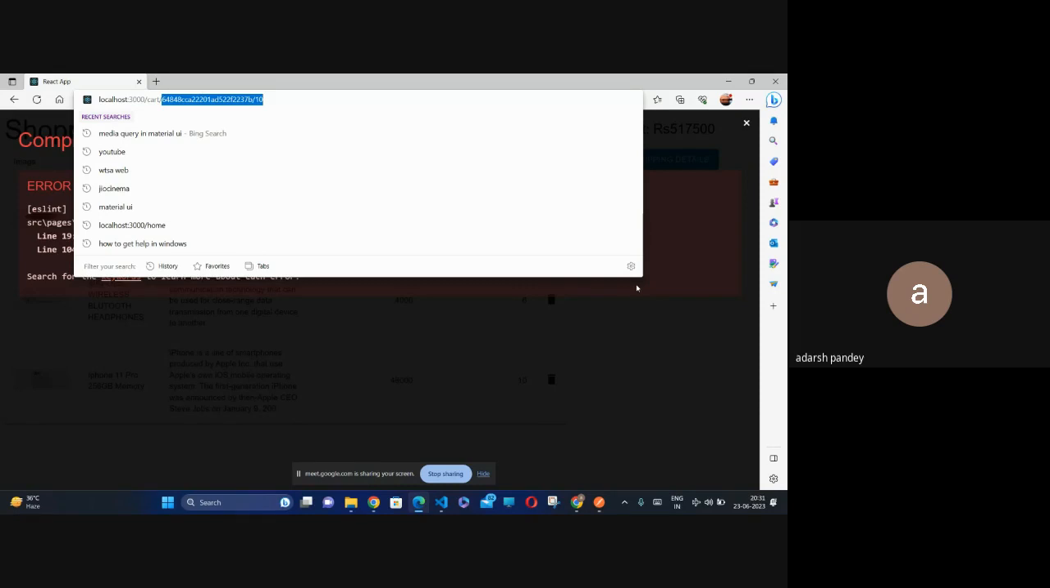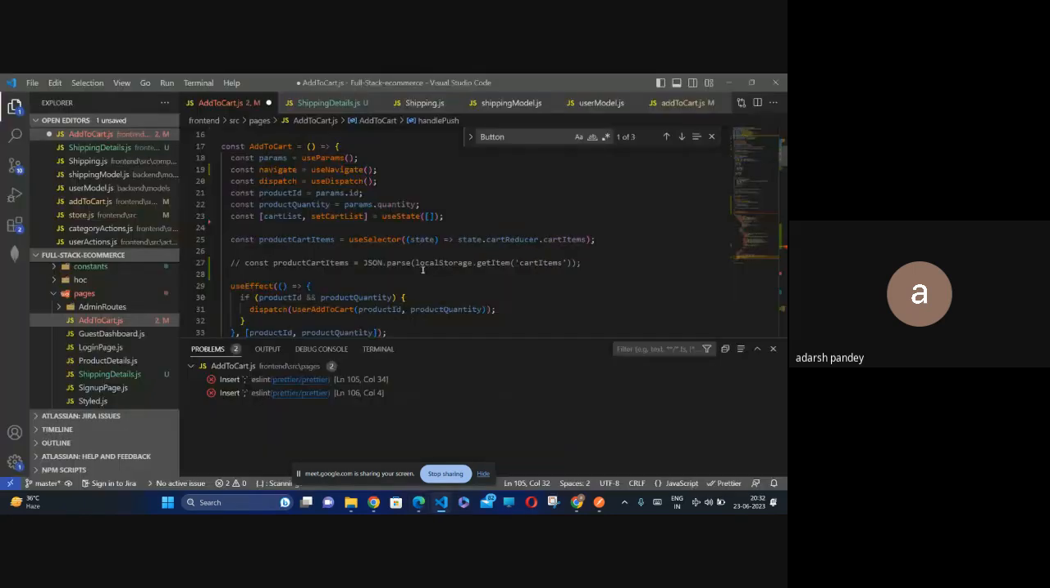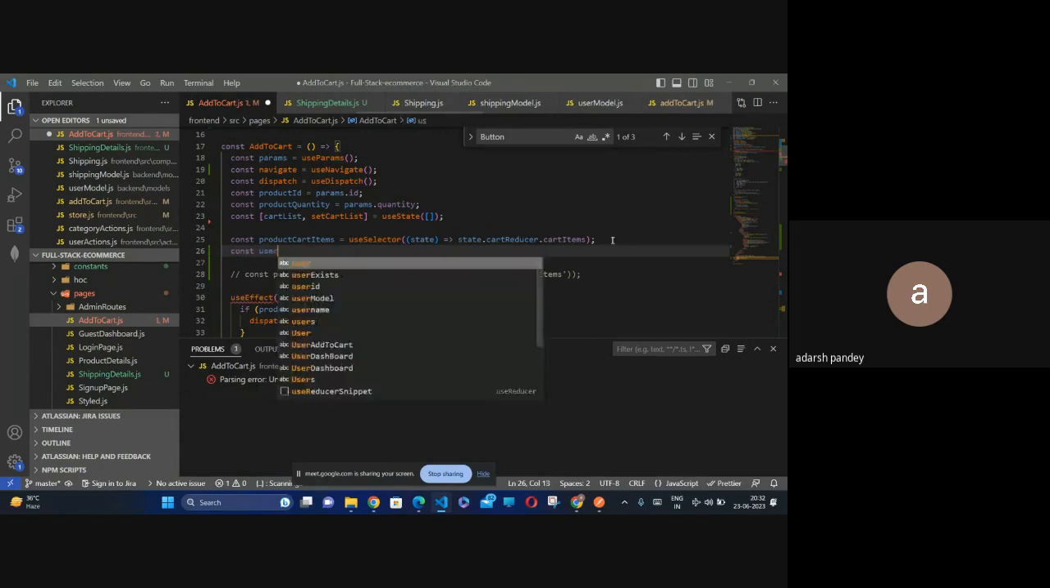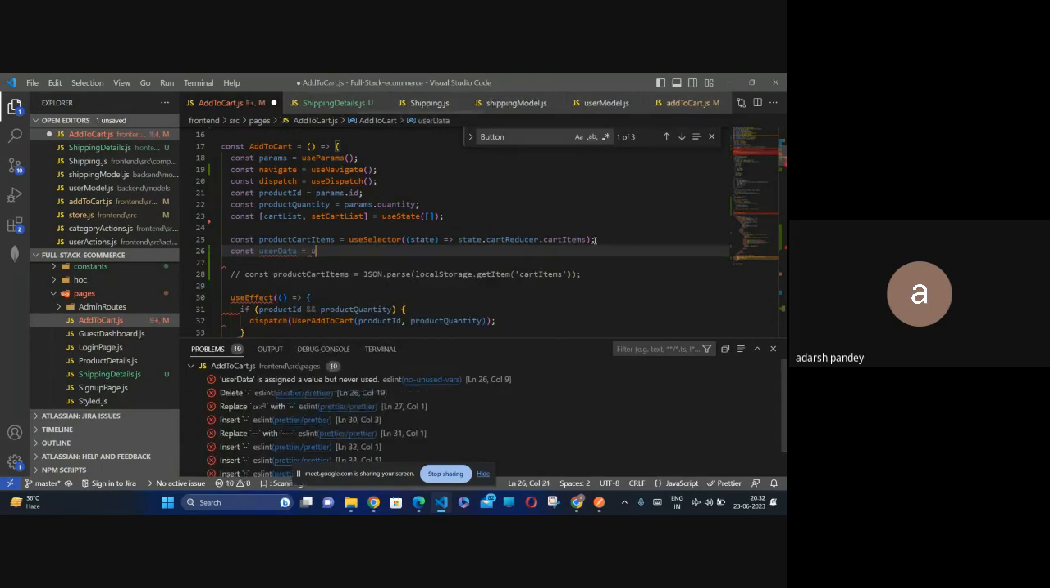ओके, तो प्रोडक्ट की आईडी है, और हमने उसको प्राइवेट राउट बना रखा है. अच्छी बात है. तो हमारे पास तो उसकी यूजर की आईडी तो नहीं है. तो लेट मी डू समथिंग. सो आई एम गोइंग टू गेट दिस यूजर डिटेल्स फ्रॉम द यूजर लॉगिन रिड्यूसर. सो कॉस्ट यूजर डेटा is equals to what? Use selector,